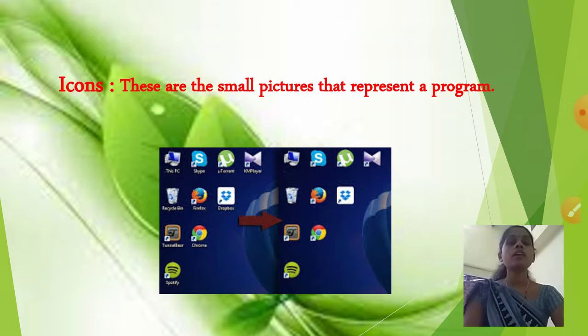Today we will start our second chapter, which is more about Windows 10. Now we will see one by one what is coming in Windows 10, and what things we are using in Windows 10. Windows 7, Windows 8 and Windows 10 are all parts of operating systems. The operating system works for us, and we use different types of operating system. Before this we used Windows 7 and afterwards Windows 8, but nowadays we are using Windows 10.